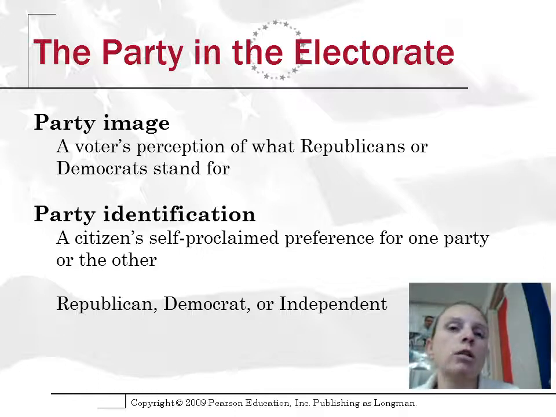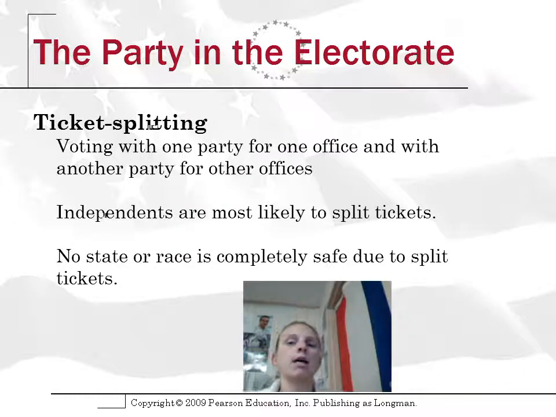When it comes to party identification, you don't have to sign up anywhere. You don't have to get a formal membership. It's just whatever you claim you are is what you are. And your basic major three choices would be Democrat, Republican, or Independent, which the plurality of people consider themselves today. A common type of voting style today is known as ticket splitting, where when you go to a polling place and you write on a ballot, you choose one party for one office, but then choose a different party for another.